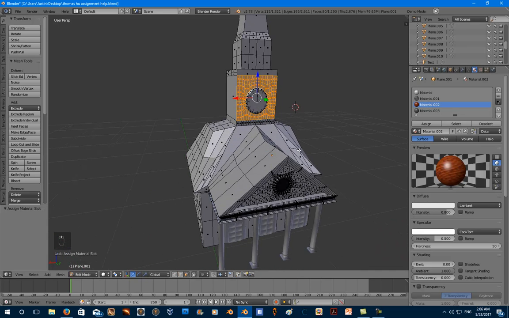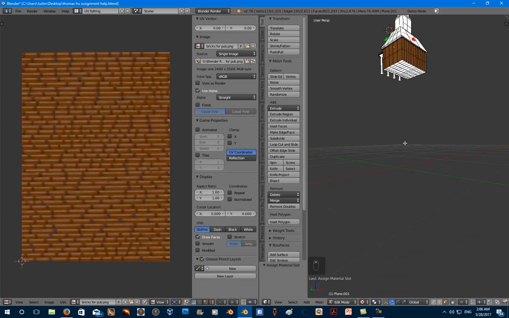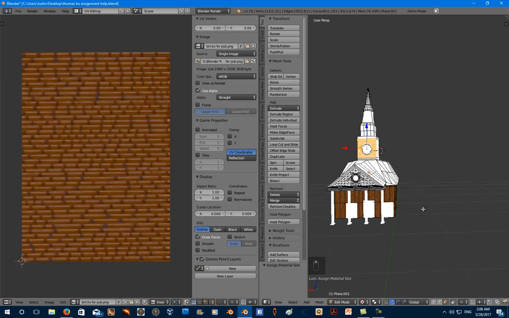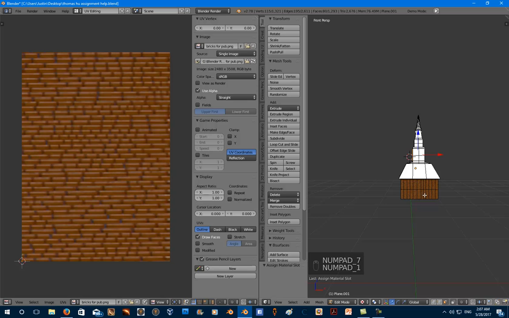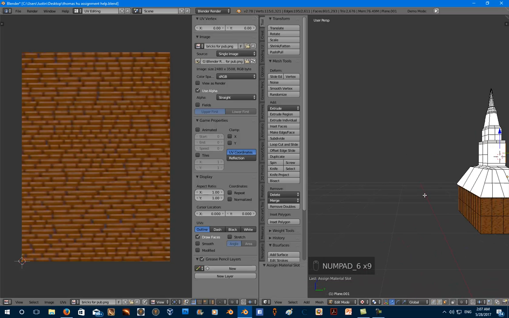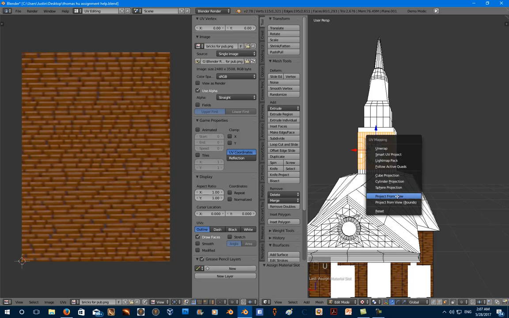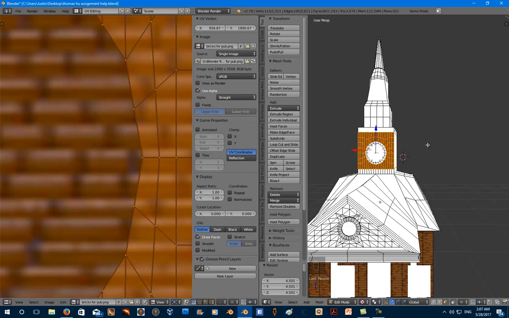If you remember, we set up a red texture, and so what we're going to do now is, as you can see, we've already got it mapped around the building for those parts, so we're going to press 1 and then rotate it till it's flat, and then we're going to click U and project from view, and then we're going to scale that up, and then we're going to go bricks from pub,